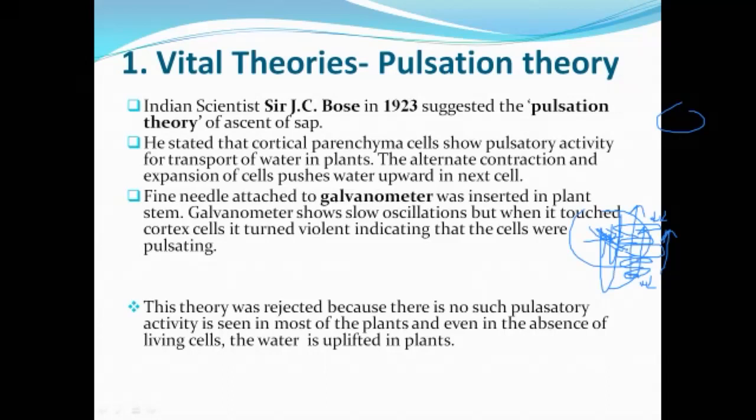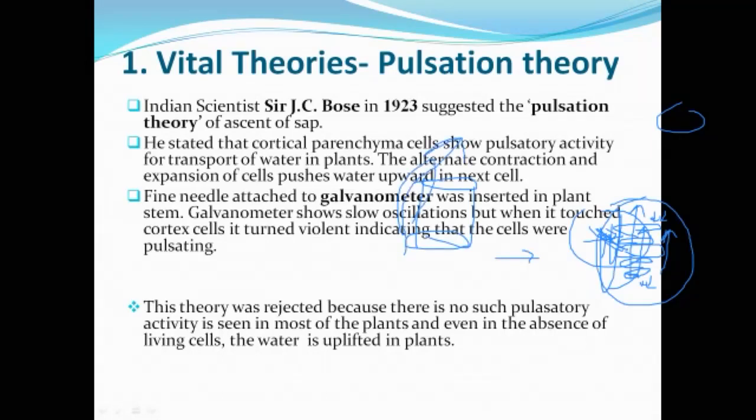So they rely just on parenchyma cells, the living components. But no such activity can be seen, because parenchyma just plays a role in partial conduction as well as support of the xylem. The main pathway, not the role, the main pathway are the vessels and tracheids through which the water is transported, and the main force is transpiration, not the living components. So both of the vital theories were rejected. That we will discuss next time in detail. So I think that's all for today. Have a nice day.